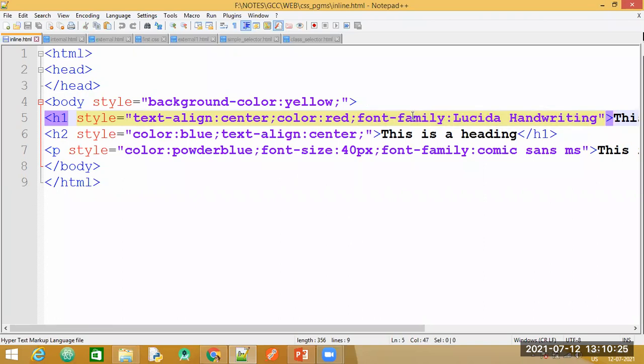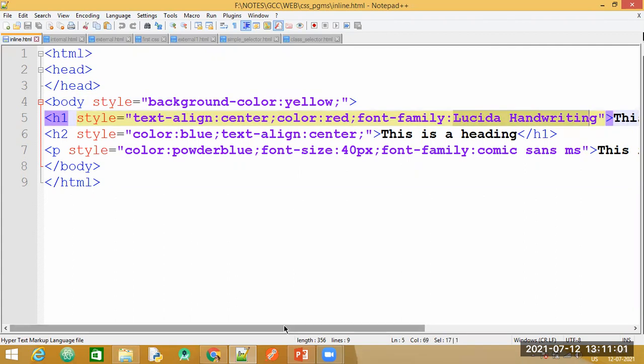Now you observe the different property names here. You have text hyphen align, whereas in HTML we would directly write align. So you have text hyphen align, colon, its value center. Then for the font color, we directly have color, colon and the value. For the font family, we earlier used font face in HTML, but in CSS we write font hyphen family, and then specify which font needs to be applied.